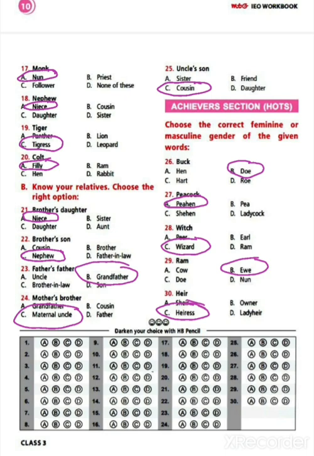So accordingly you are going to choose it, and with that we come to the end of this chapter and exercise. So one last time I want to show you how you have to mark it in the OMR. I will show you this last answer only, question number 30. The correct option was C. So how are you going to mark C? So see here, question number 30 like this.